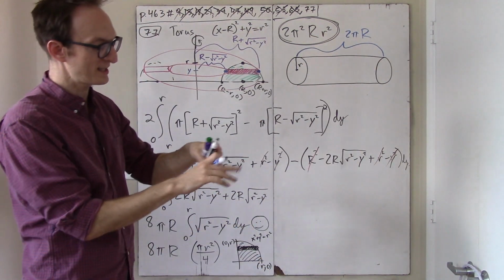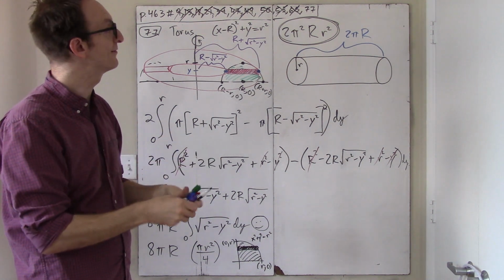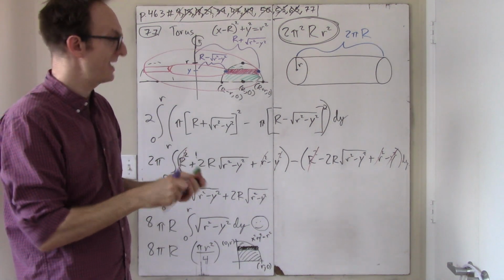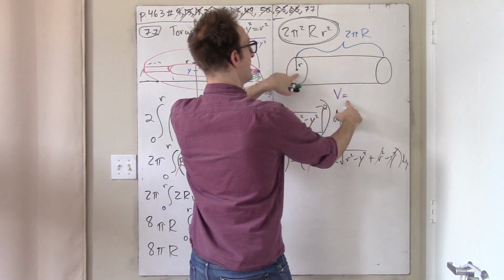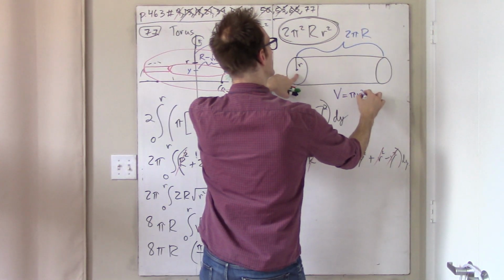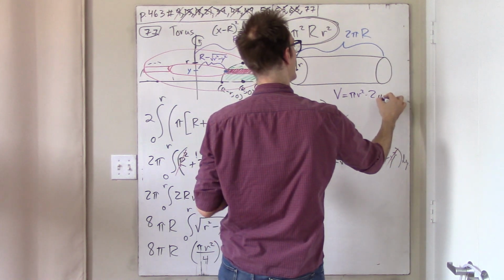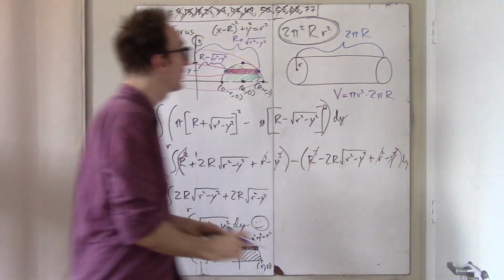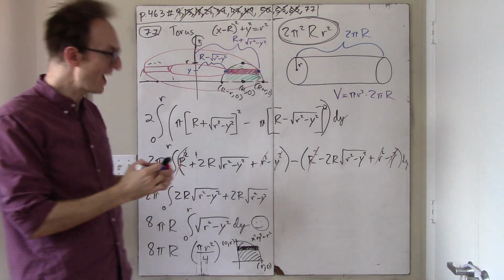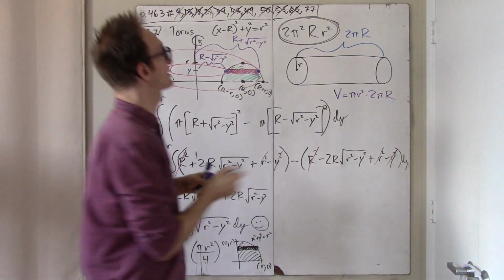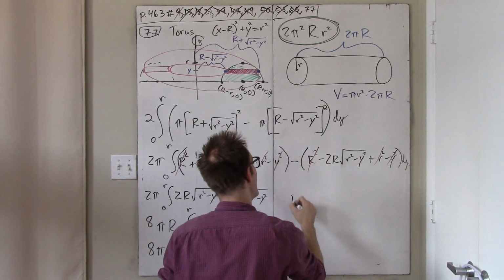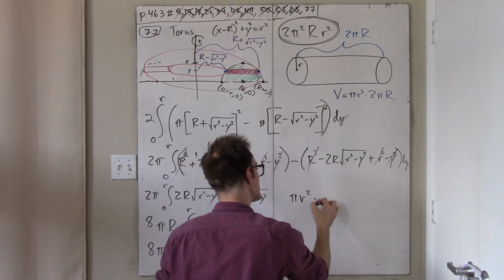And, well, what is the volume of this cylinder? The volume is just pi r squared, the area of the base, times the height, times 2 pi big R. Okay, and so the best way to report the volume of a torus is to just write it as pi r squared times